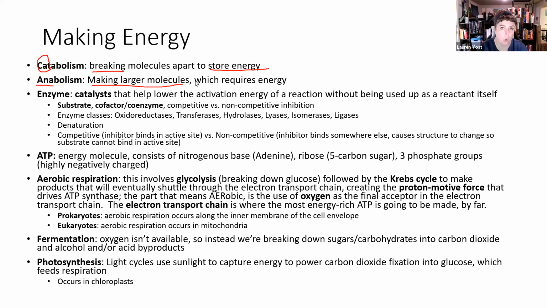A cofactor or a coenzyme is an organic cofactor. You can have cofactors that are metallic ions and things like that, like iron, for example. But basically, these are things that help the enzyme do its job. It needs those things to help it function better. That's a coenzyme or cofactor. A coenzyme is, again, the organic version. So it's important now. We have our enzyme and we have our substrate that it's going to change, and sometimes it needs help from a cofactor or coenzyme, right?